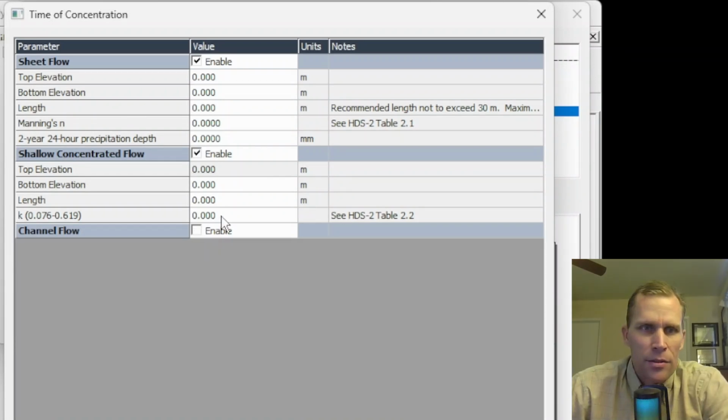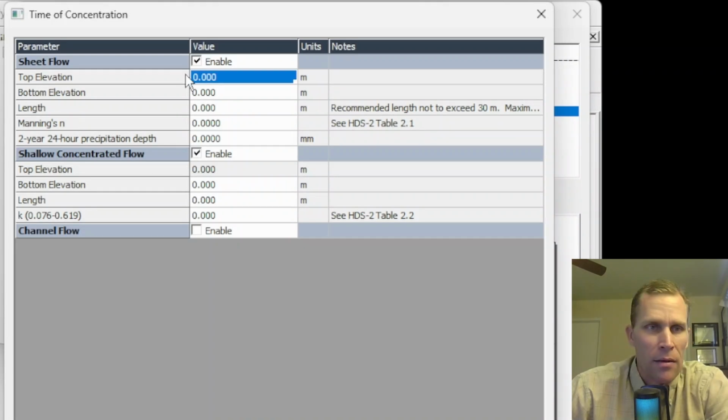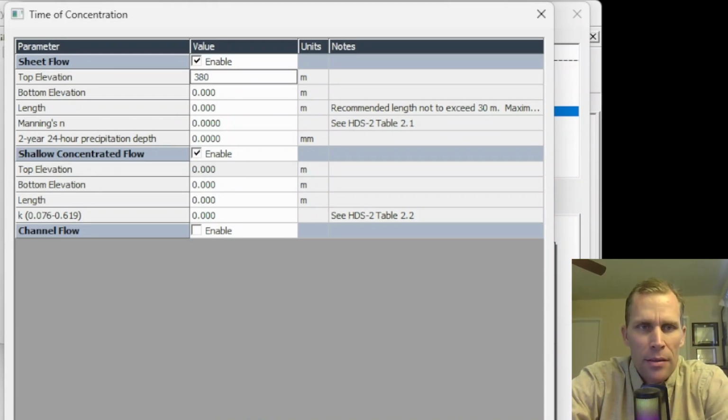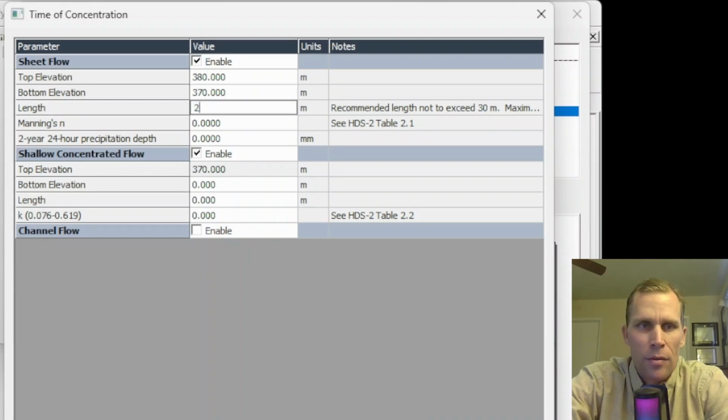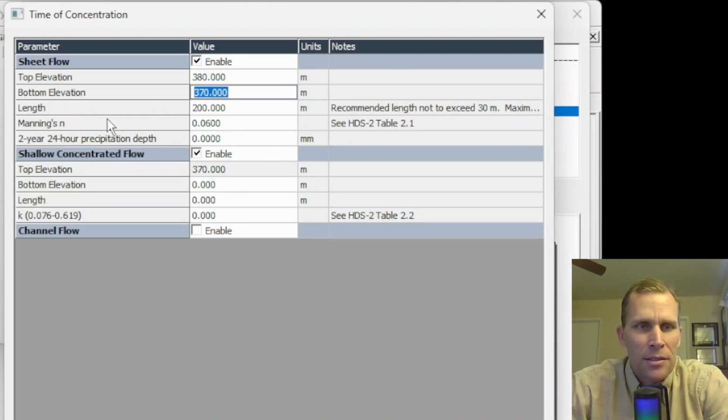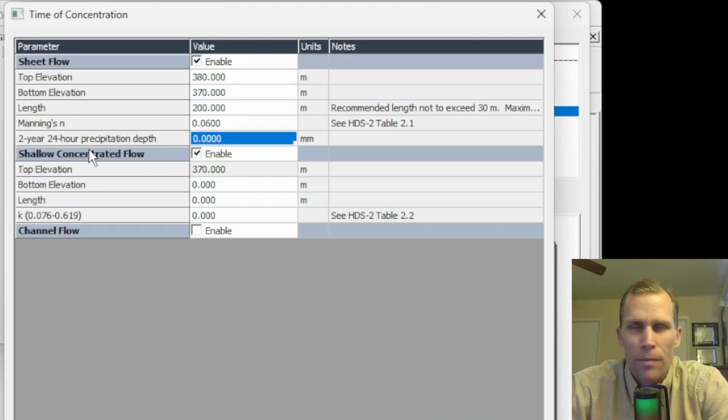And then next, I'm going to start adding in the data that I do have for sheet flow. So the top elevation is 380. I'll click on tab to advance to the next field. Bottom elevation, 370. These are units of meters. Okay, the length, 200 meters. And sometimes you have to hit tab a few times. Manning's roughness is 0.06. And then finally, the last required input here for sheet flow is the 2-year, 24-hour precipitation